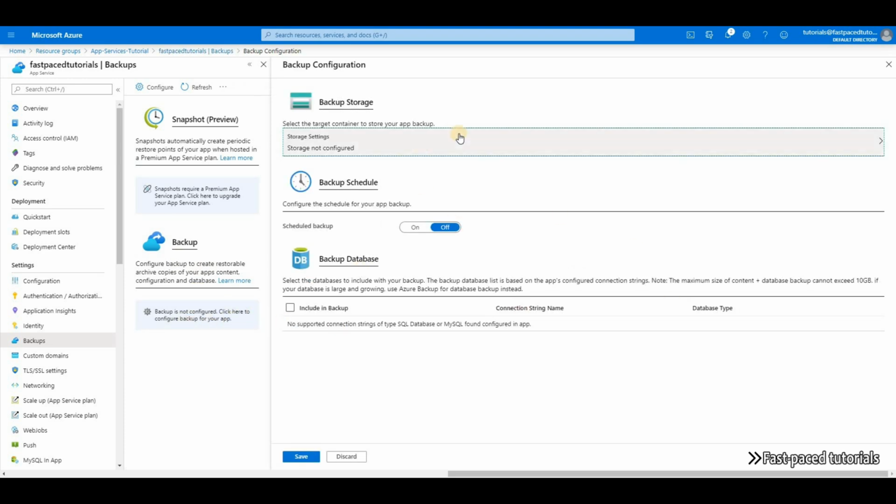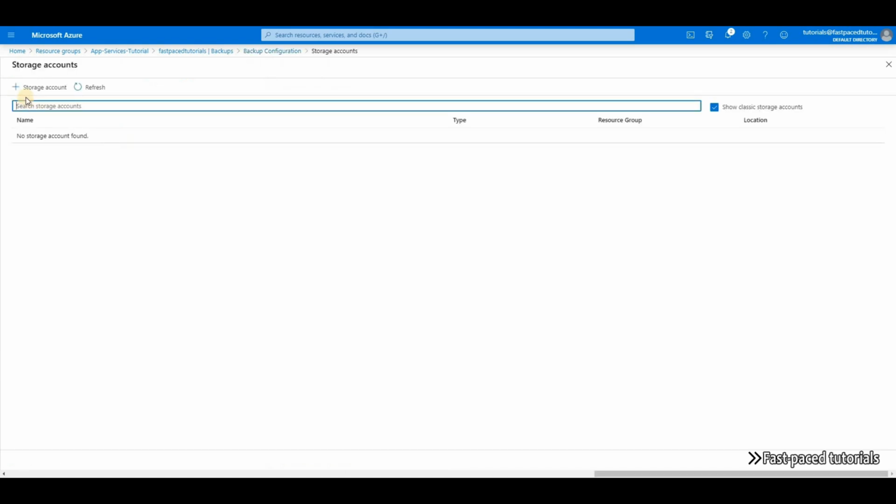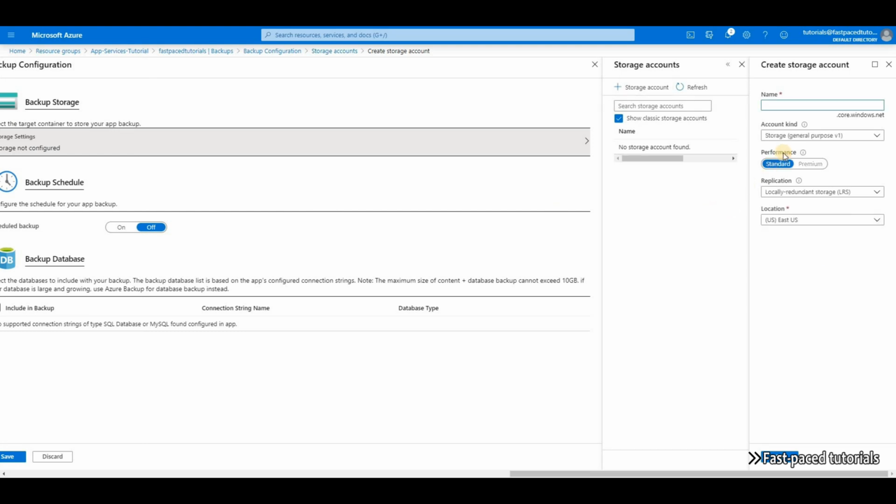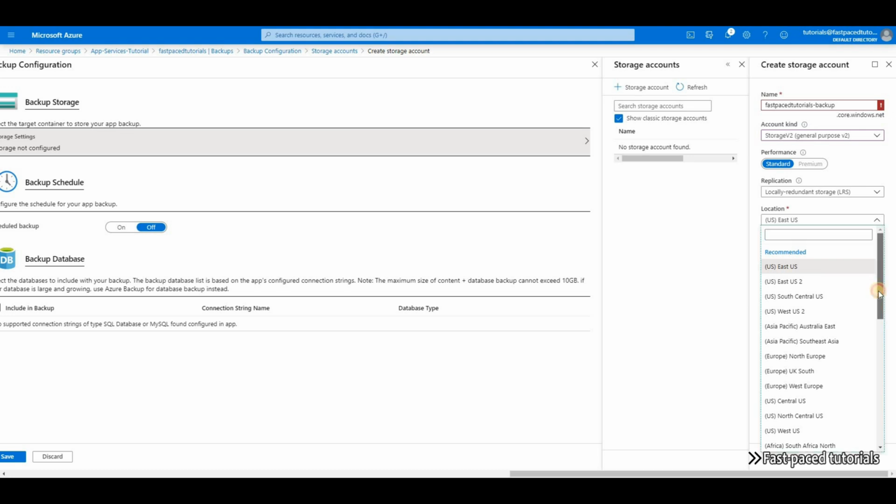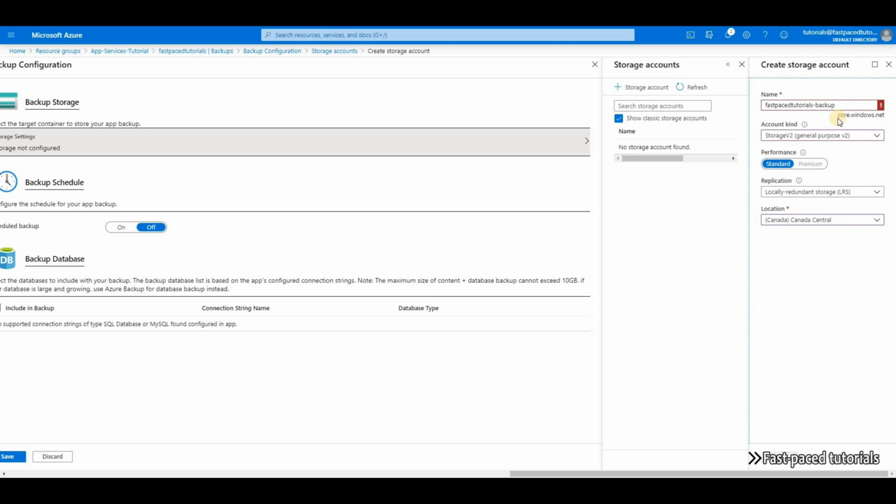The first thing you have to do is to create a storage account if you do not have one already. In my case, I have to create one. I'm going to call it fast-paced tutorials-backup. For the kind of storage account, I'm going to select V2, and then replication locally redundant is good enough for me. I'm going to select Canada Central for the location,